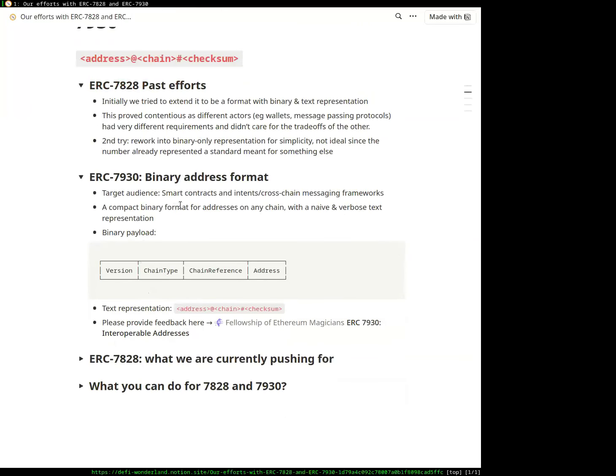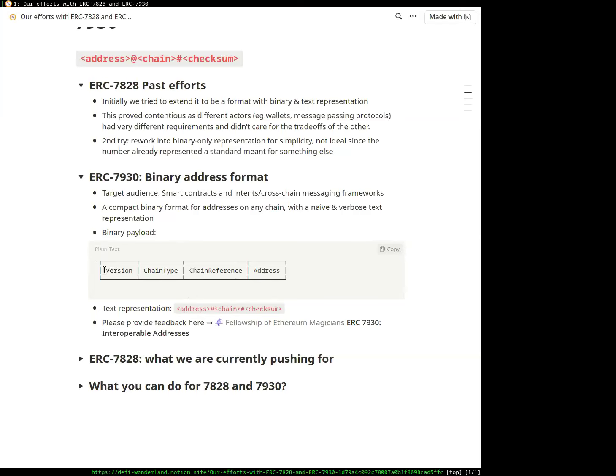So we intend this one to be the binary one for use within smart contracts, and it defines basically a payload with a version, a chain type, chain reference, and address fields, which would map to address at a chain.